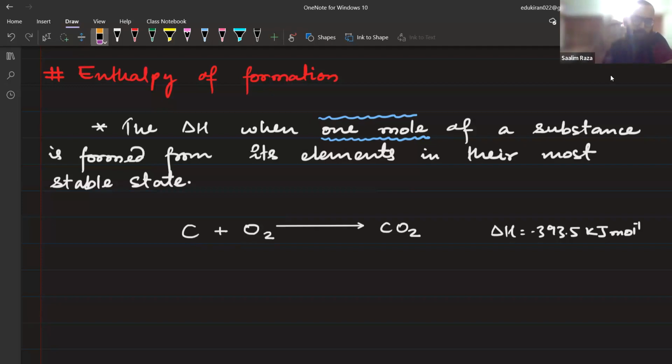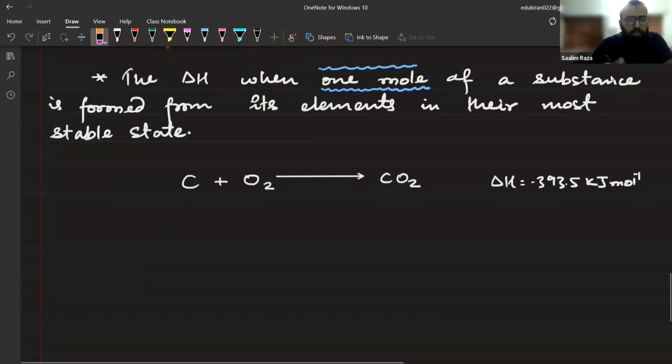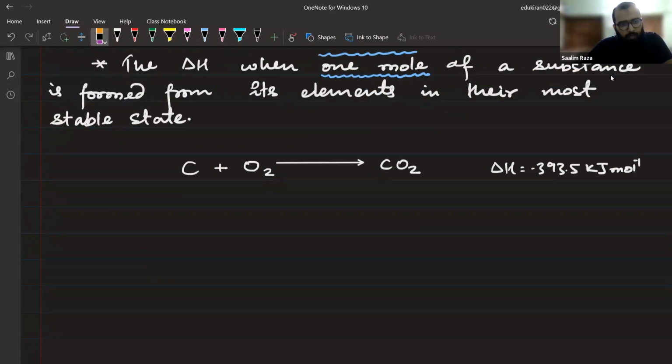So when they say enthalpy of formation of carbon dioxide is this much, they say that when this reaction happens, and you have to accurately write the reaction, this much energy is released, or if it is in positive sign, this much energy is required. Now I'm going to write one more thing: enthalpy of formation